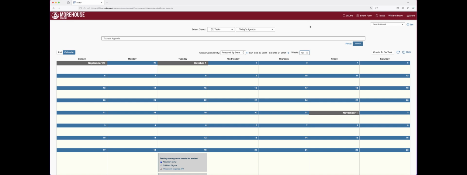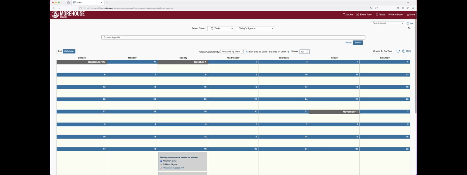and how to complete the task either by acknowledging it, approving it, or denying it is pretty straightforward as well. Finally, if you have any questions related to tasks or any other features in 25Live, you can always go to the Help button in the upper right corner of your dashboard. Click that button,